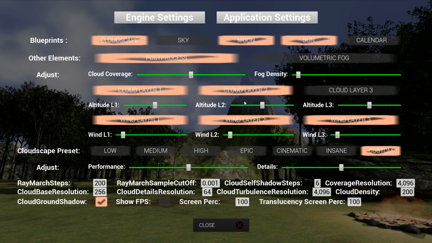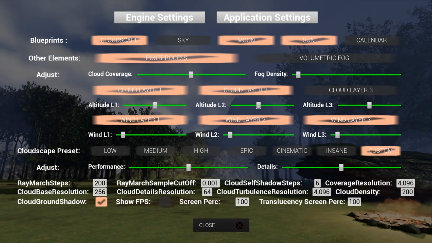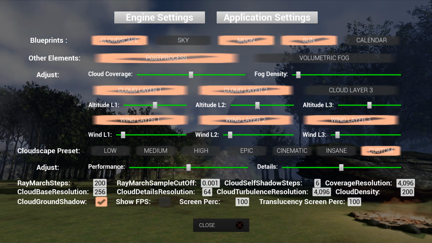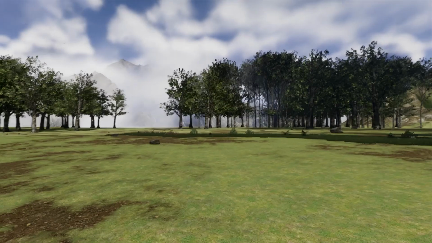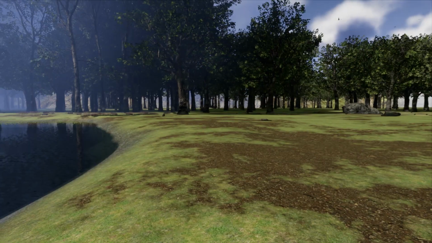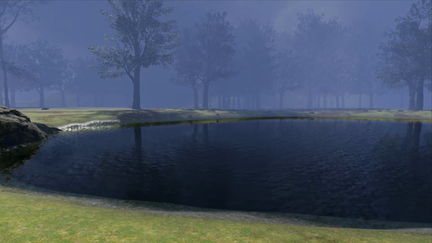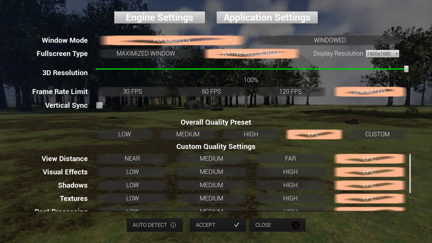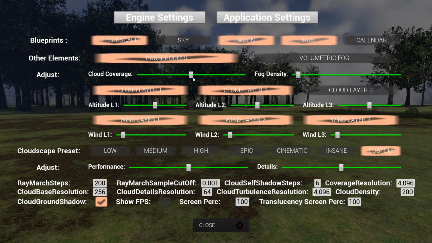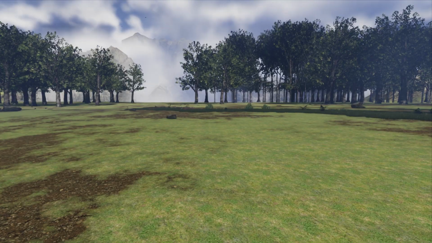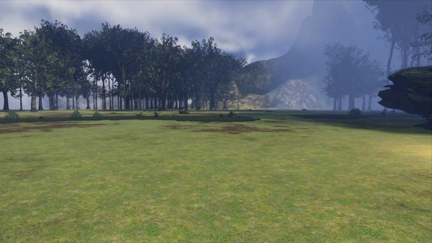And now what we will do is lower this altitude and make the cloud at ground level. See? For the places where the cloud is touching, we can see more if we increase the coverage a little bit. We start to have an interesting effect